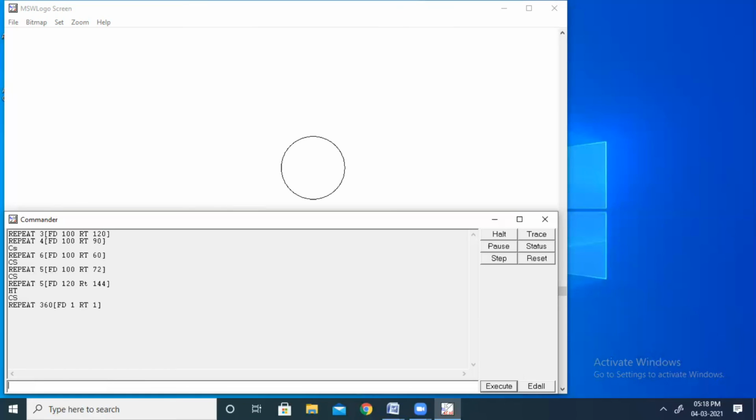If you want to draw a semicircle, what do you have to write? Repeat 180, then within the bracket FD 1 RT 1.